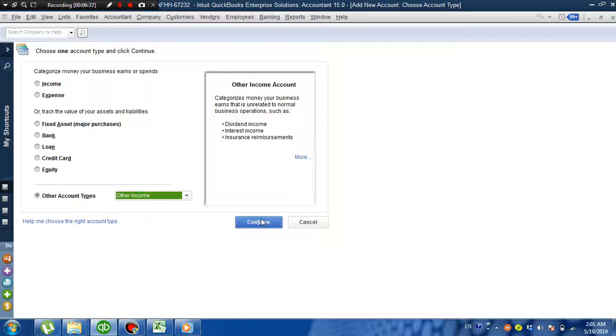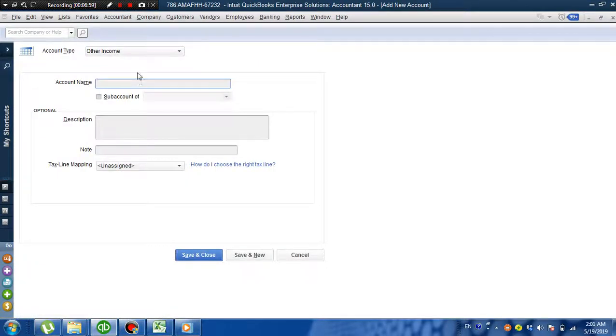For example, you sold a vehicle of the company, then you will select this in the sale invoice, or you may sell scrap of the company, or you may sell a machine, then you will record this in the other income account. So continue. Other income, here you give the title of other income.